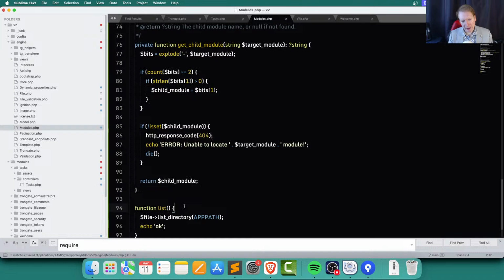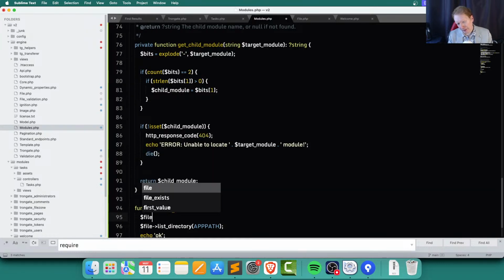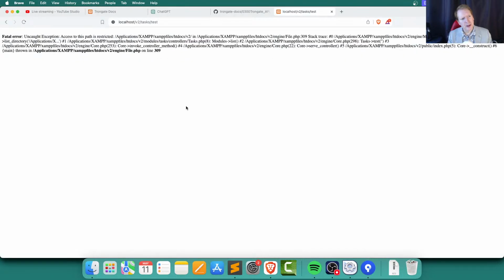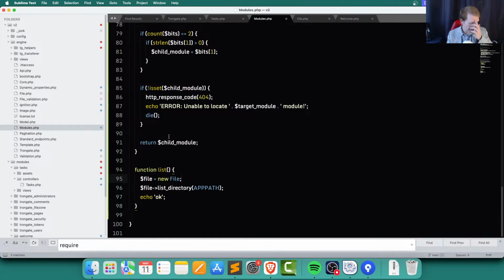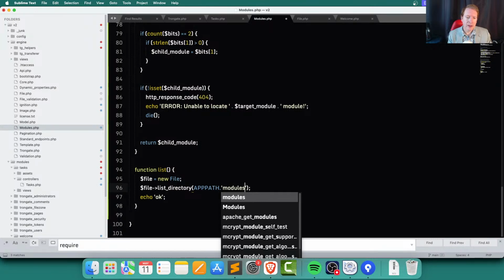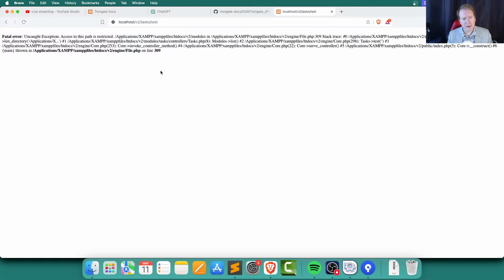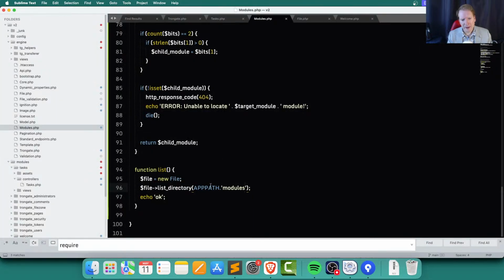And it doesn't have a clue what to do. So let's say file is new file. Access to this path is restricted. Okay, so let's say app path modules. Access to this path is restricted. File 309. All right, let's say target path is